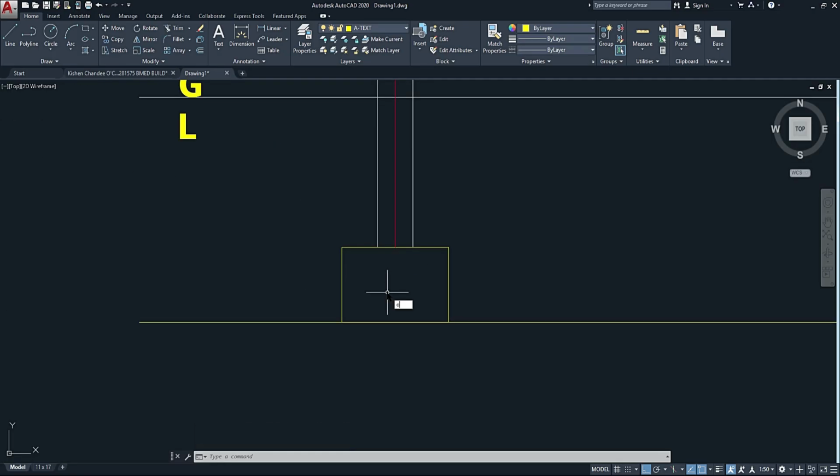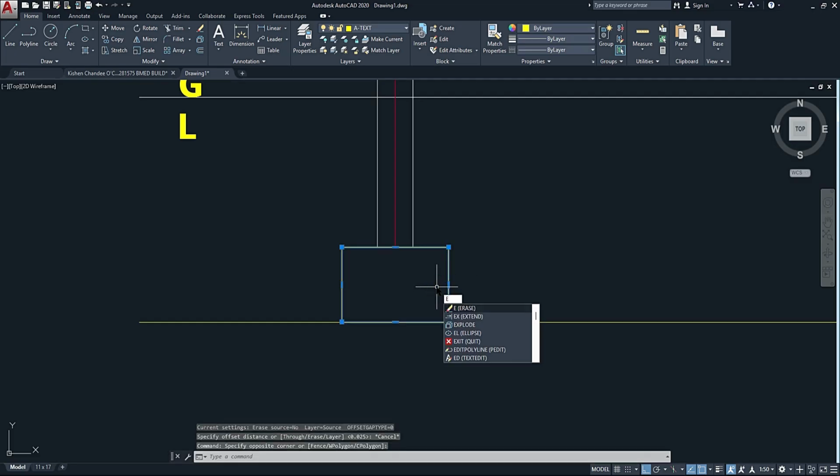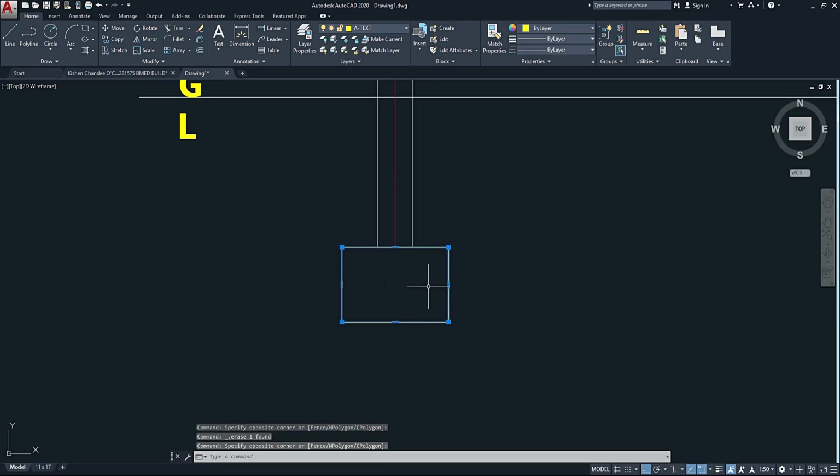So what we're going to do, I'm going to offset. Let me first explode this here first. X, EX. Alright, let me get rid of this line here. So that should separate. I'm going to offset 0.050 for the cover on the bottom like that, and then now I can extend this line to touch this line. So I'm going to go EX, enter, let's send that down to this here,